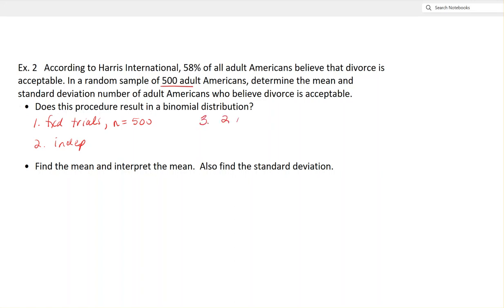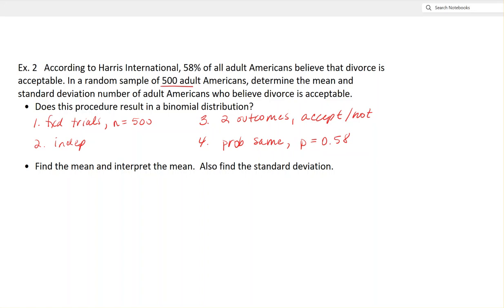Number 3, are there 2 outcomes? Yes, there are 2 outcomes. That would be acceptable or not. And number 4, are the probabilities the same for each of the trials? What's the probability of finding someone who believes divorce is acceptable? Well, that's 58%. So P, the probability of success, in this case we're looking for divorce is acceptable, is equal to 0.58. And again, I'm going to be converting all of my percentages into decimals